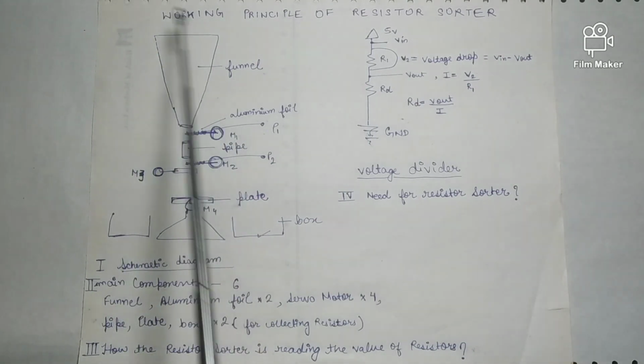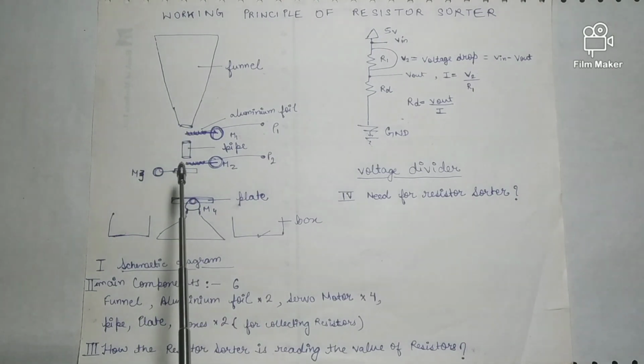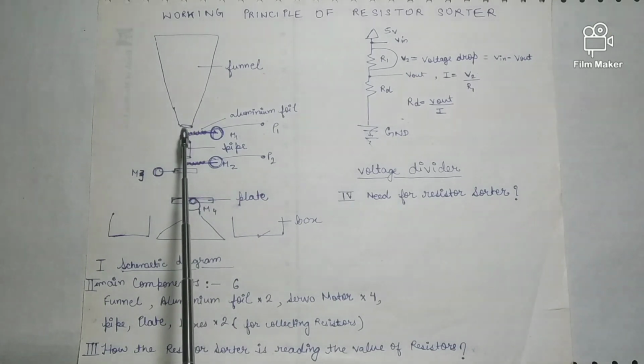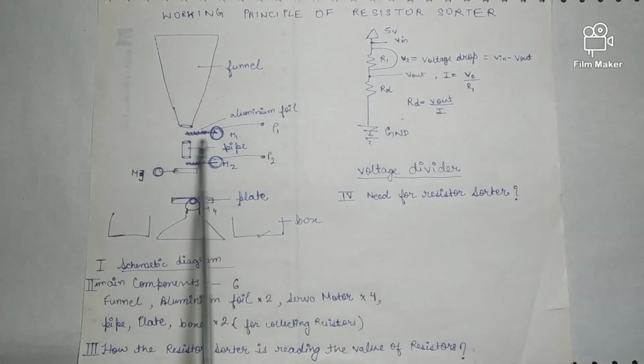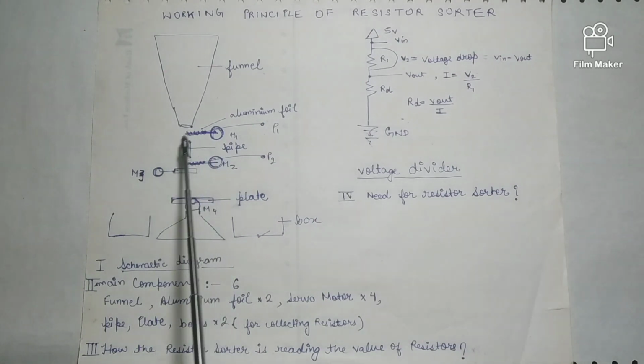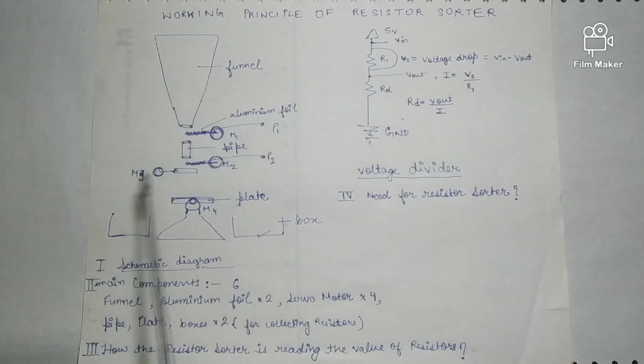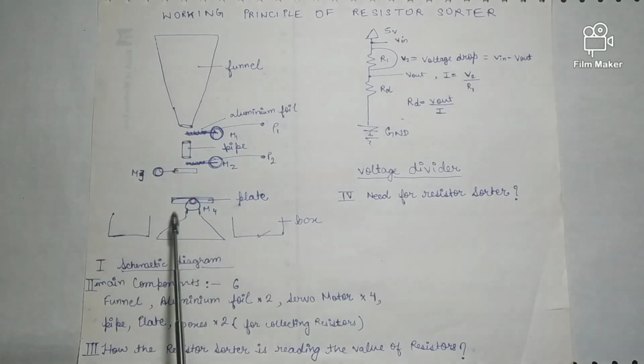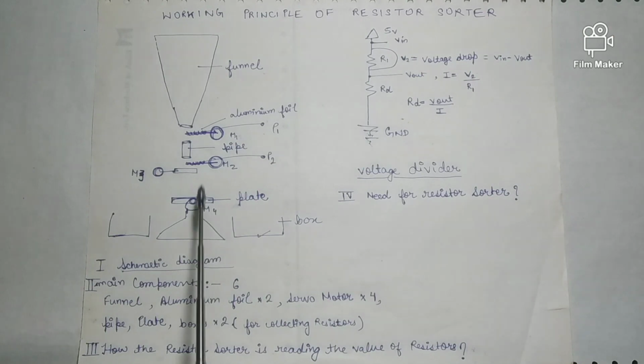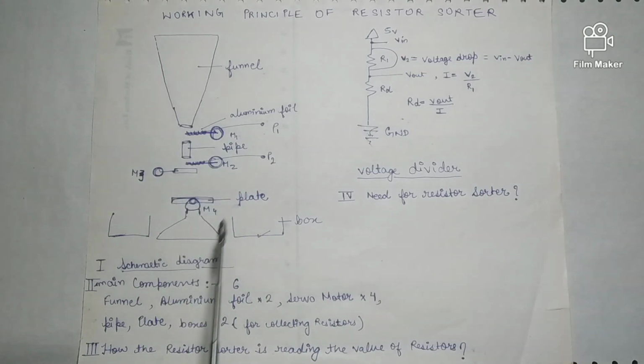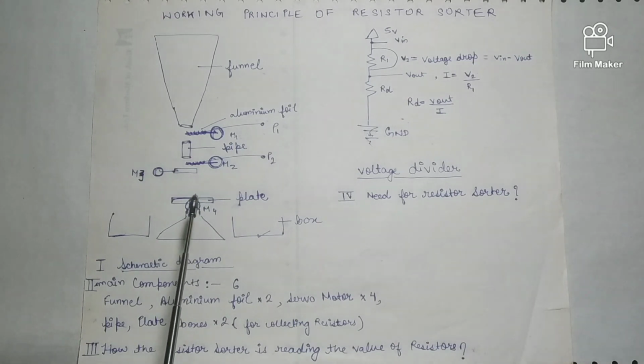What happens when we put a resistor inside? It goes straight through due to gravity, and the M3 motor rotates and blocks its path. The resistor gets stuck here, and the M1 and M2 motors rotate to read its value. After reading its value, the M3 motor rotates again and the resistor falls on this plate, that is the decision plate. Then if the value of the resistor matches that of the user, the decision plate rotates clockwise and the resistor falls in this box. Or else, if the value of the resistor doesn't match the user's value, then the plate rotates anti-clockwise and the resistor falls in this box.